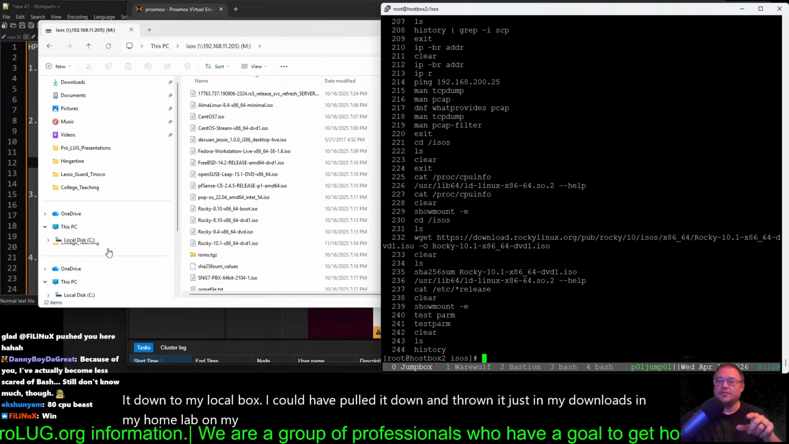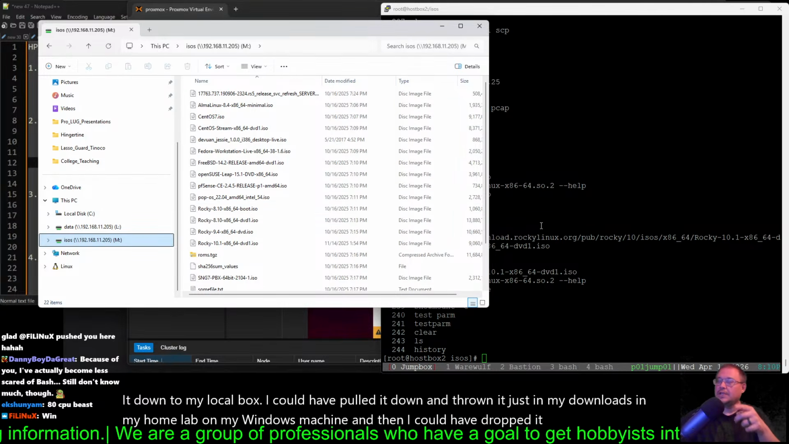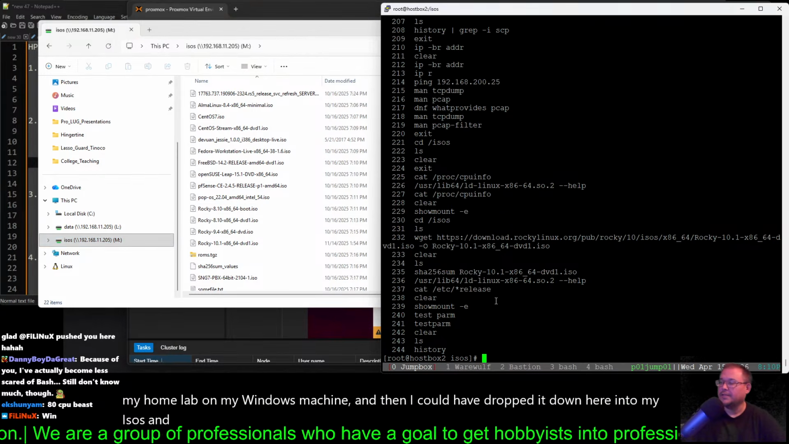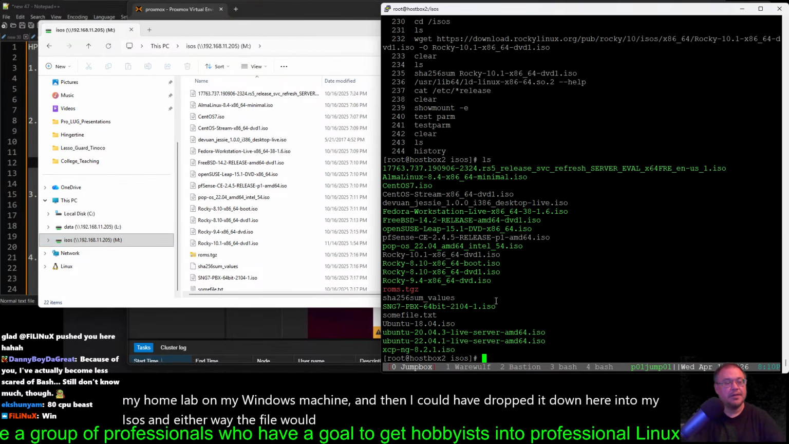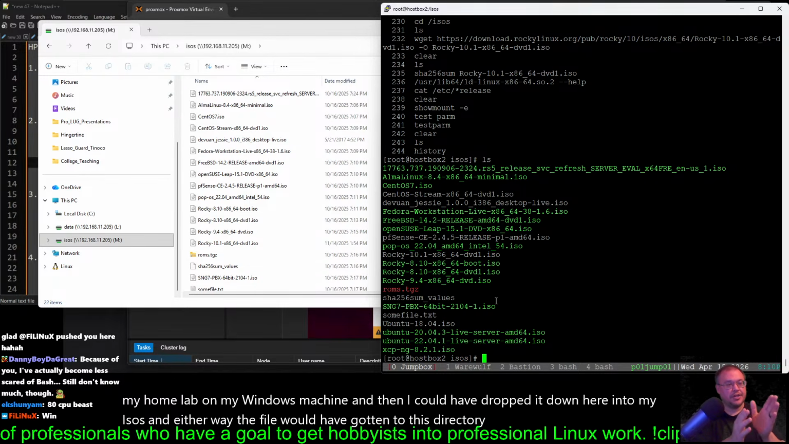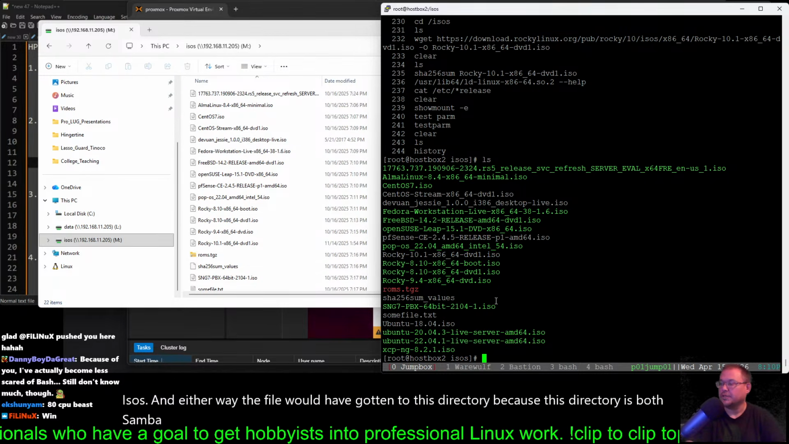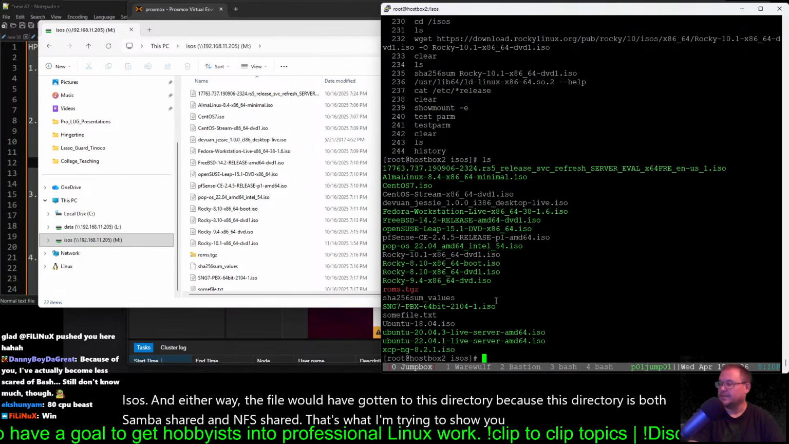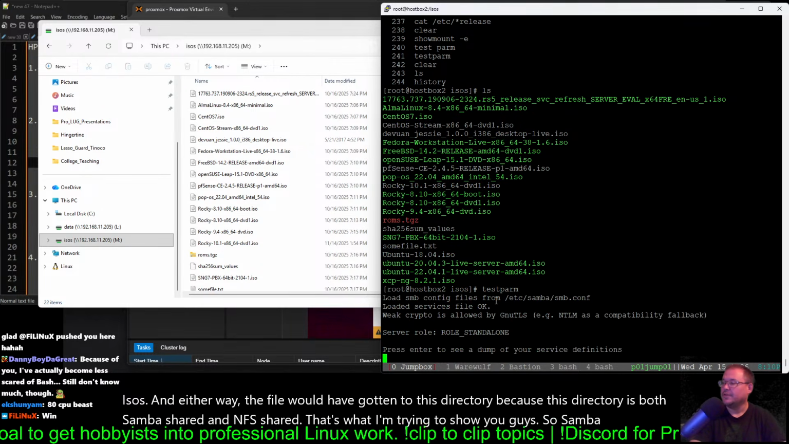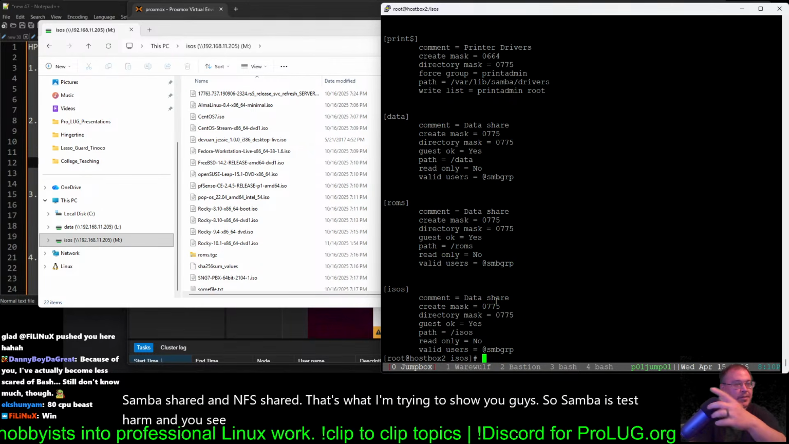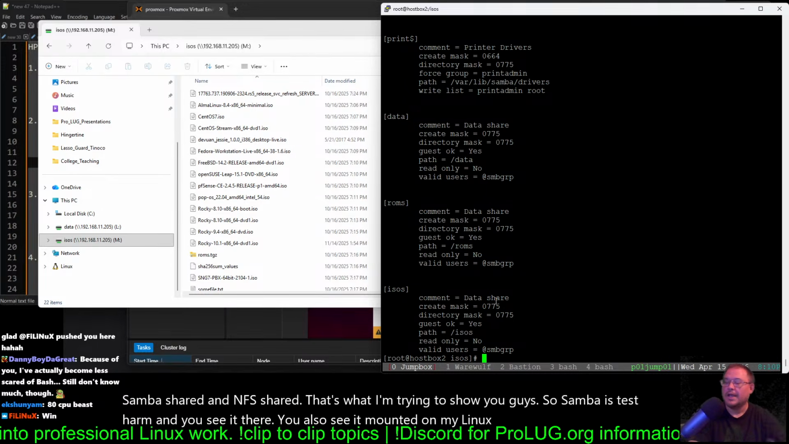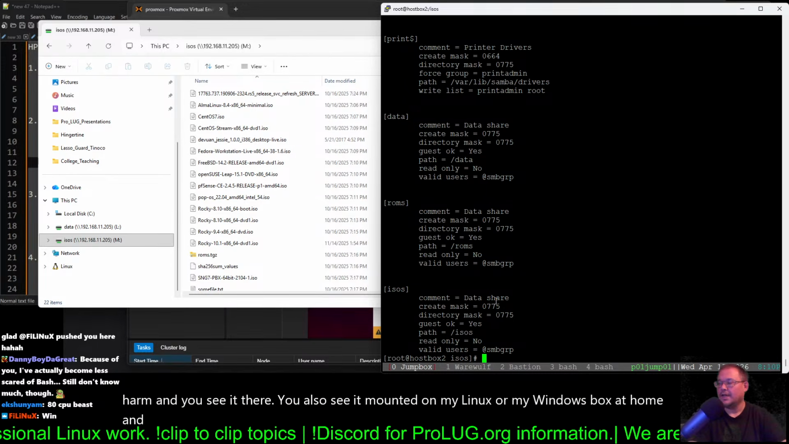And then I could have dropped it down here into my ISOs, and either way the file would have gotten to this directory, because this directory is both Samba shared and NFS shared. That's what I'm trying to show you guys. So Samba is testparm, and you see it there. You also see it mounted on my Windows box at home. And then it's also NFS shared,